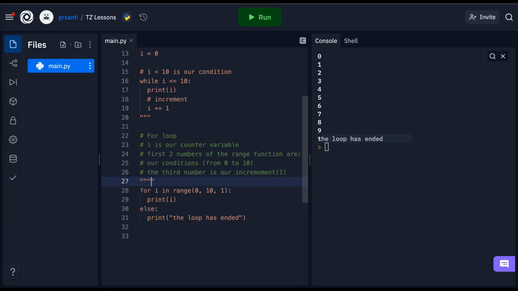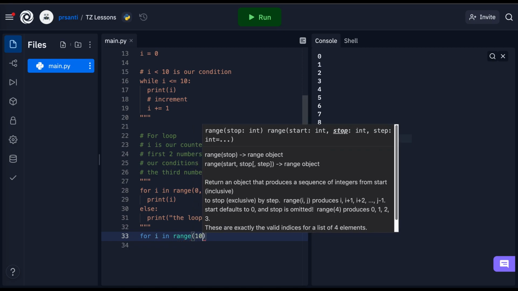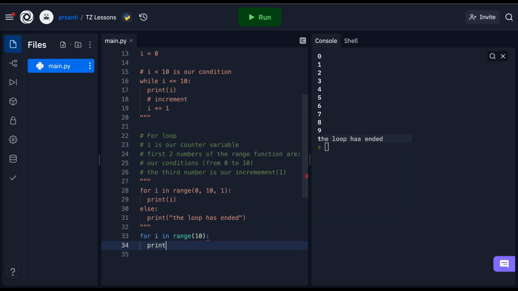I'm going to comment out this loop here and show you another way to make a loop that counts from 0 to 9. For I in range 10, we're going to print I. This for loop works the exact same way as the one above. So our counter variable I